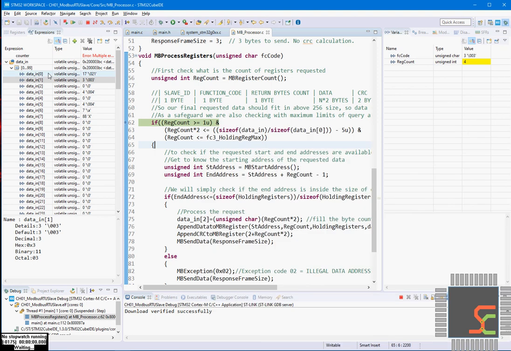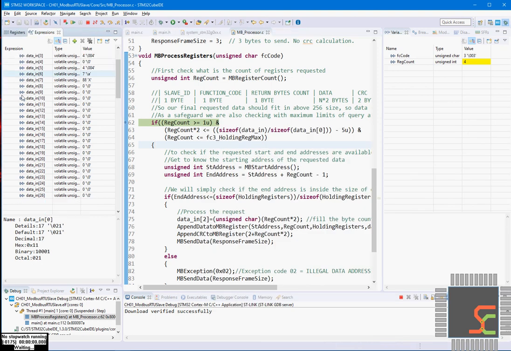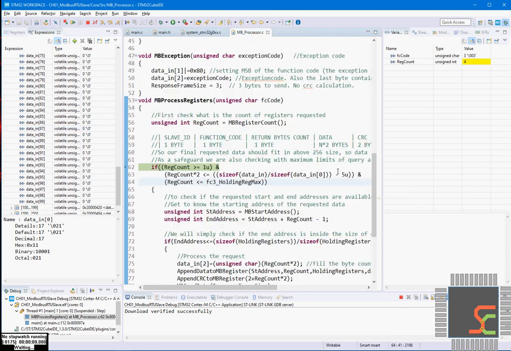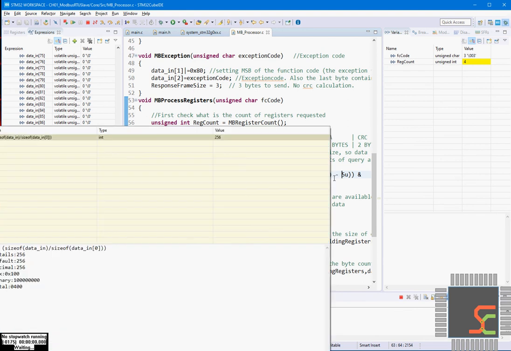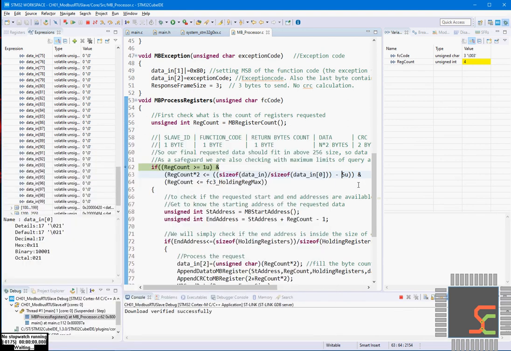So we need to check whether this temporary data in array can accommodate this response or not. So excluding the CRC field, the slave ID field and the function code field: the function code contains 1 byte, the CRC contains 2 bytes, a total of 3, and the slave ID contains 1 byte, so 4.